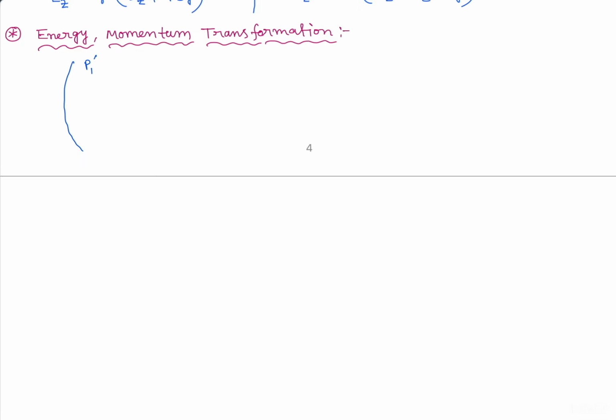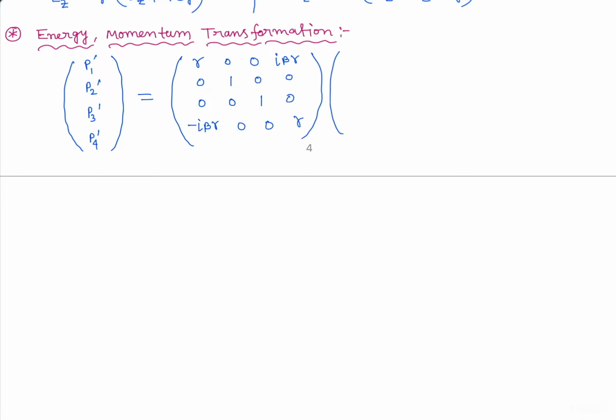We write P1', P2', P3', P4' equals the matrix gamma 0 0 i beta gamma, 0 1 0 0, 0 0 1 0, minus i beta gamma 0 0 gamma, into P1, P2, P3, P4,